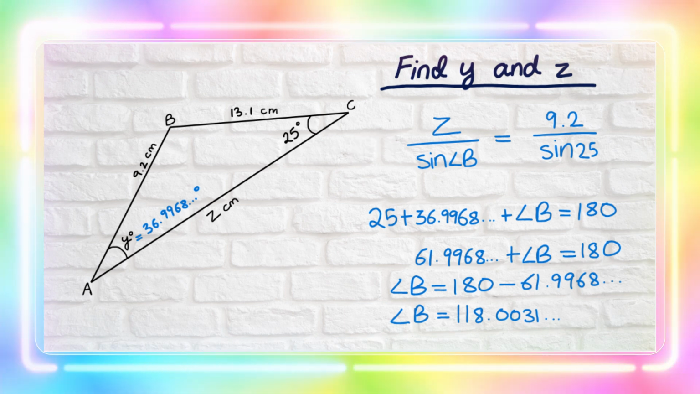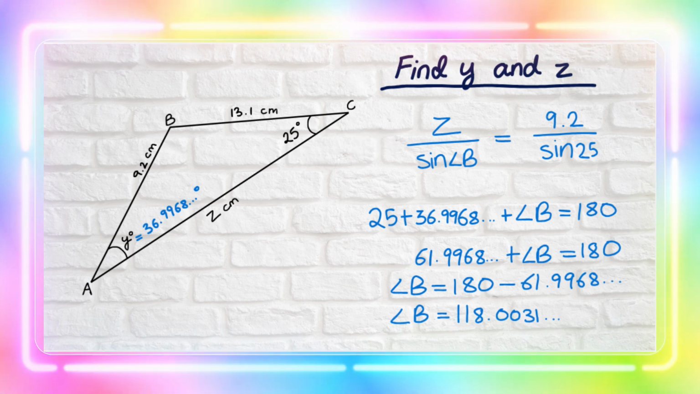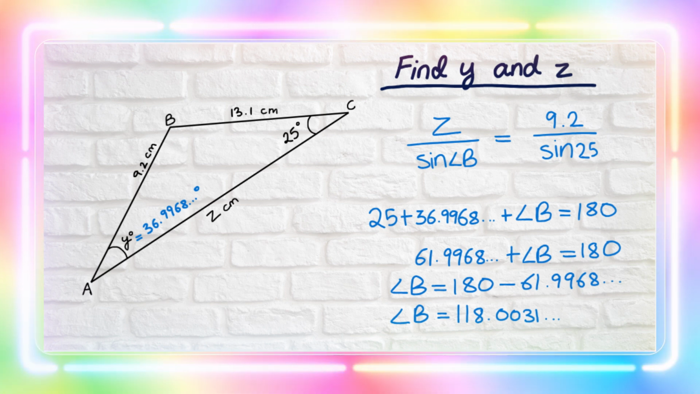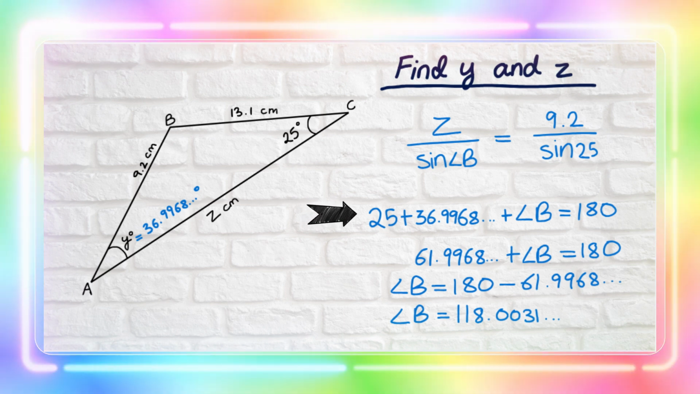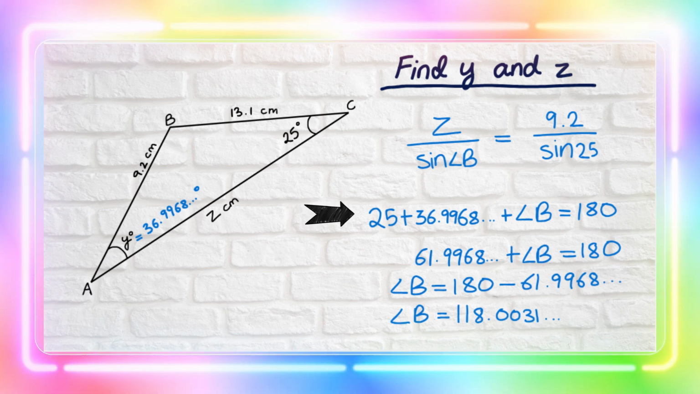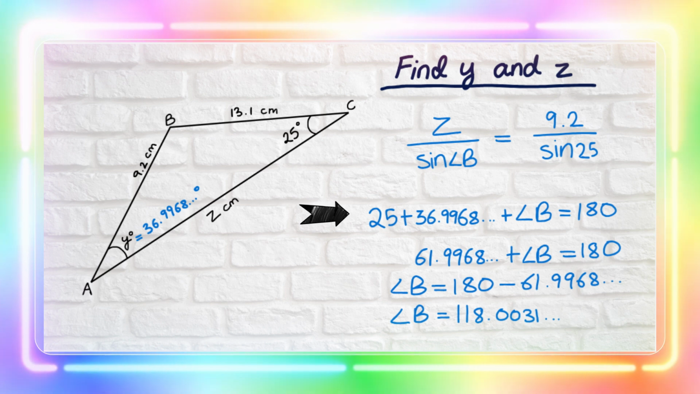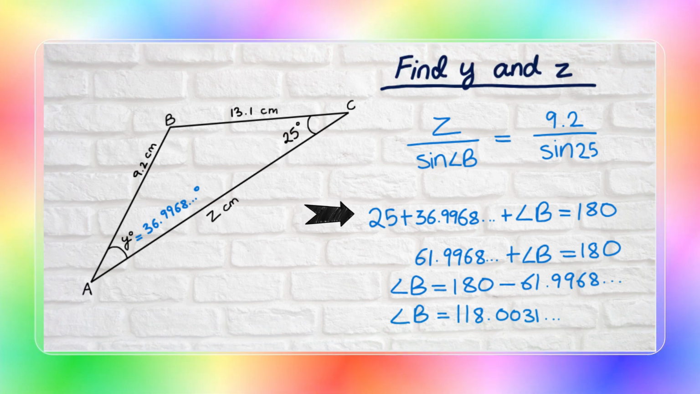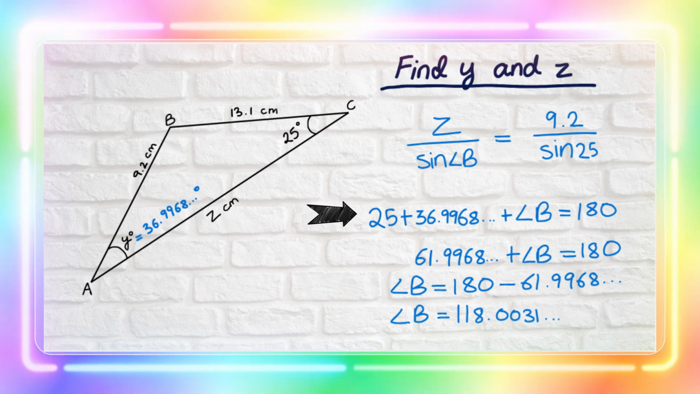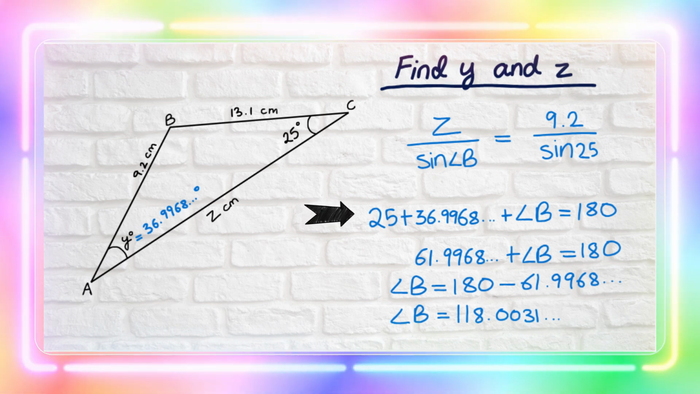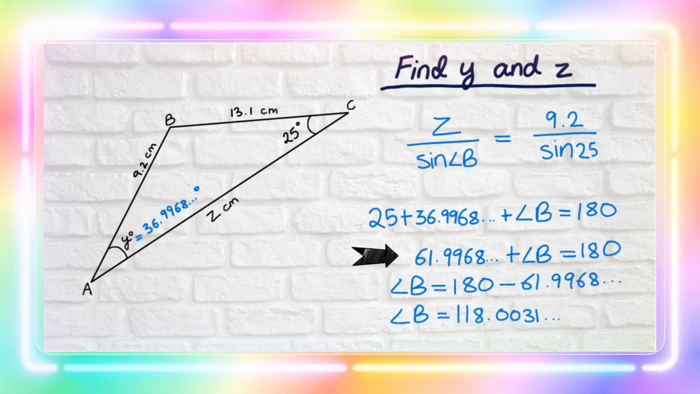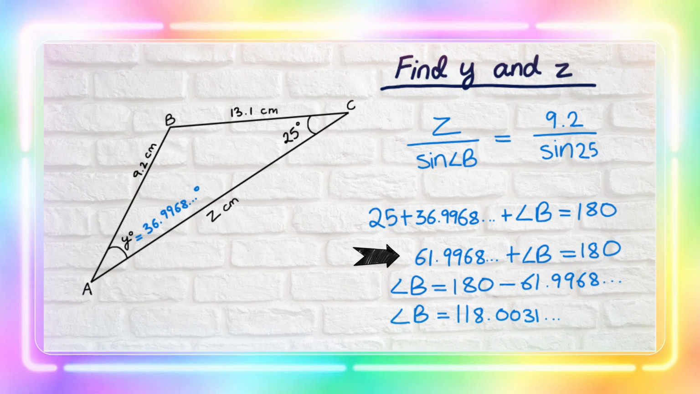To find angle B, we know that the sum of the total angles in a triangle is 180 degrees. That means that 25 degrees plus angle A, which is y, plus angle B, equals 180 degrees. Note that we will use the longer value of y here. Now, we have an equation which we can solve to get the value of angle B. So, adding 25 and the longer value of y gives us another long value,